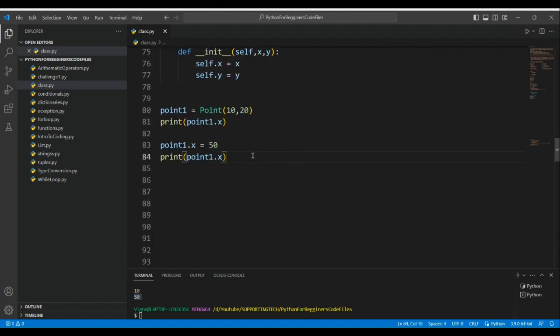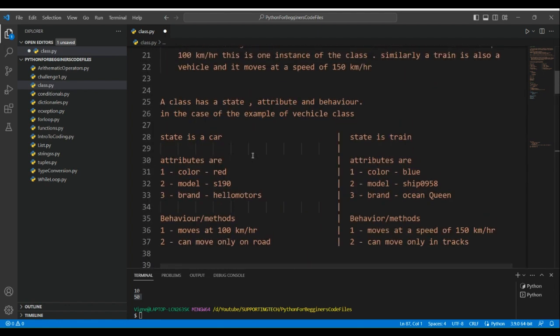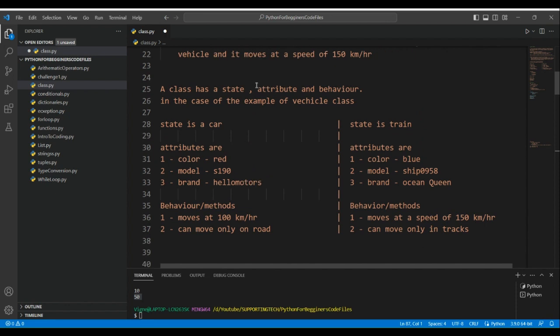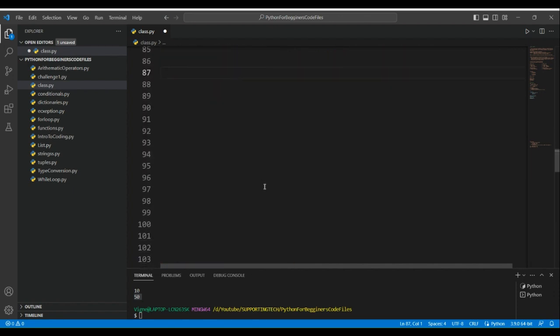Now let me give you a practice problem. The problem is to create a class called Vehicle. As we already saw in this example, we are going to create a class called Vehicle with color and speed attributes and a method to print the speed and the color. Not exactly this example, but somewhat similar to that. Okay, so let's